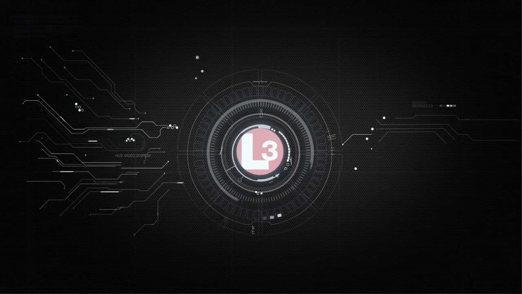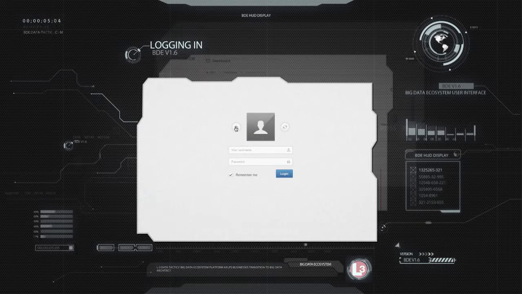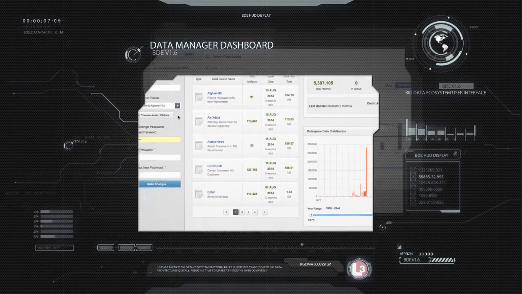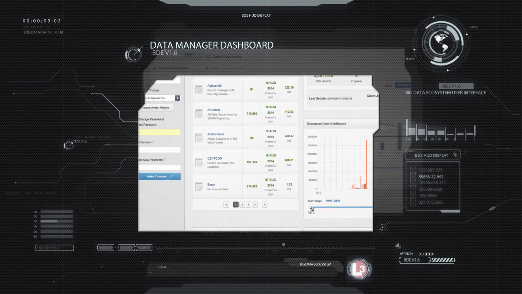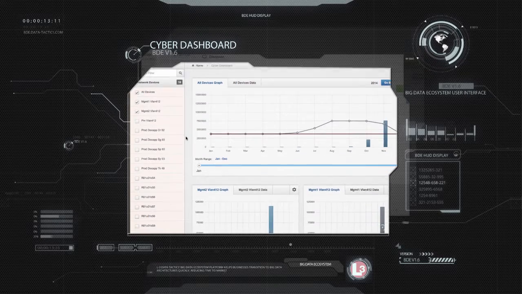My name is Stephen Aberle, Chief Product Designer for Big Data Ecosystem, and I'm here to take you through user interface introductory training. Over the next several minutes, I'll be taking you through 7 primary user interface sections, including logging into the Big Data Ecosystem with a username and password, the Data Manager dashboard and Dataspace date distribution graph, the Cyber dashboard with network device monitors,